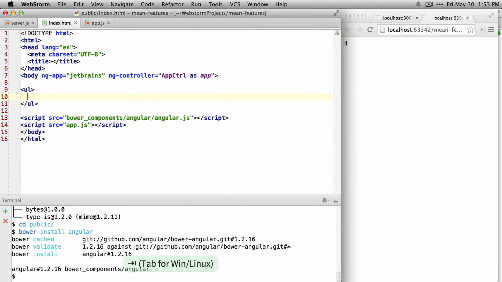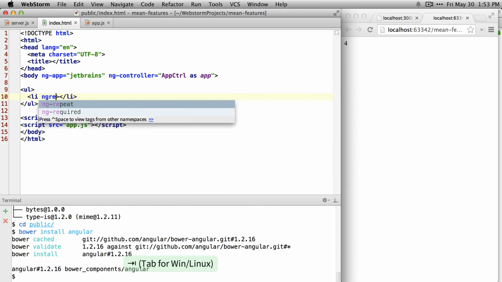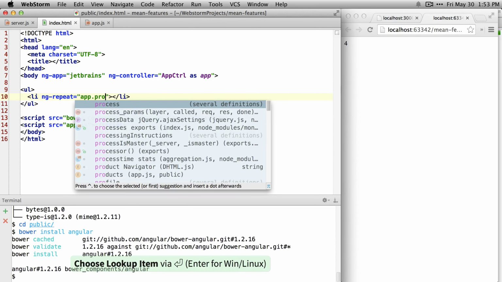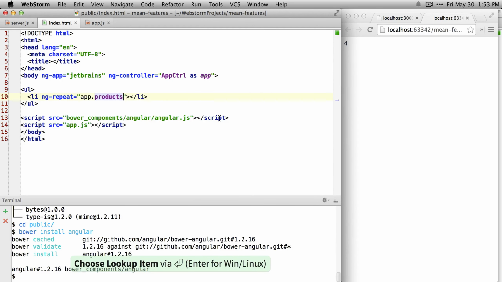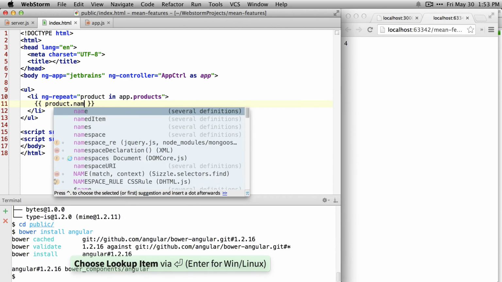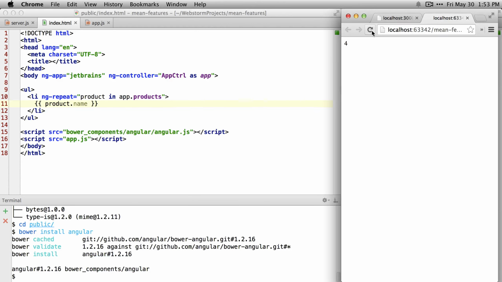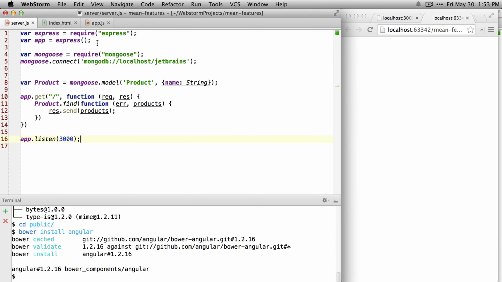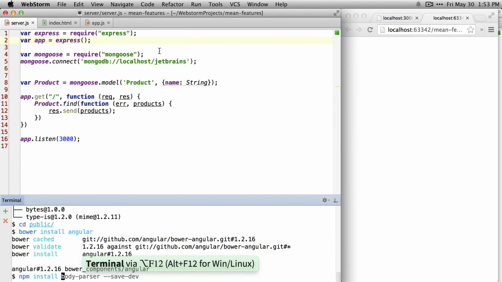Then we'll loop through, so ng-repeat our app.products, and say each product in app.products should display the product.name. So if I refresh now, we will get a bit of an error, and that's because our server isn't using proper cross-origin stuff. So we'll install npm install cors,